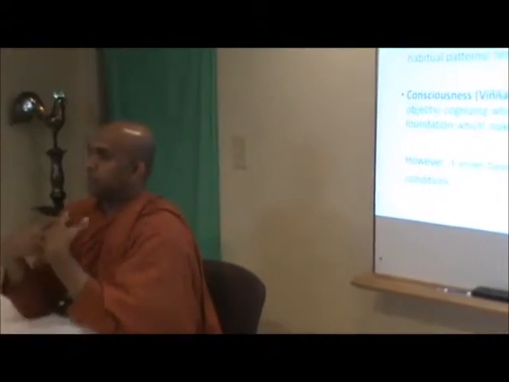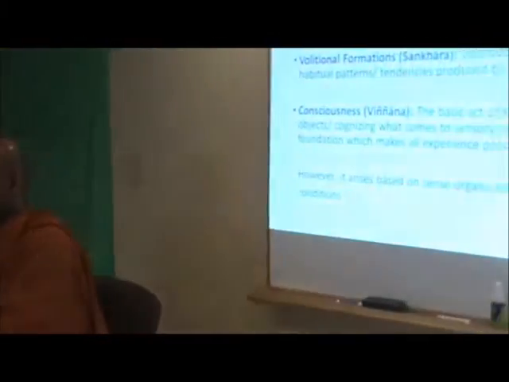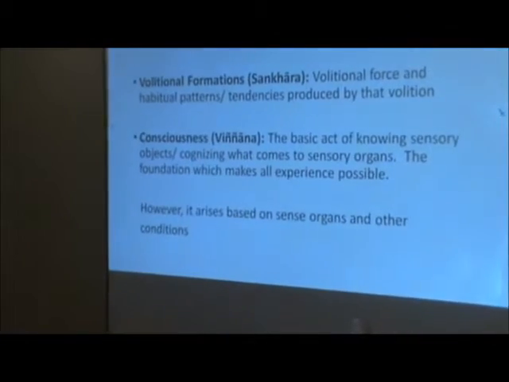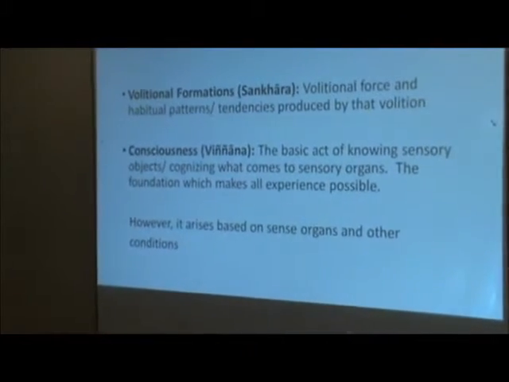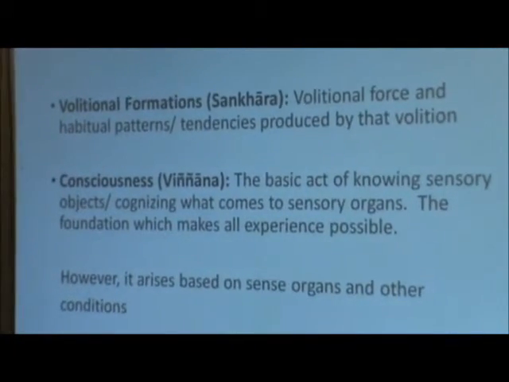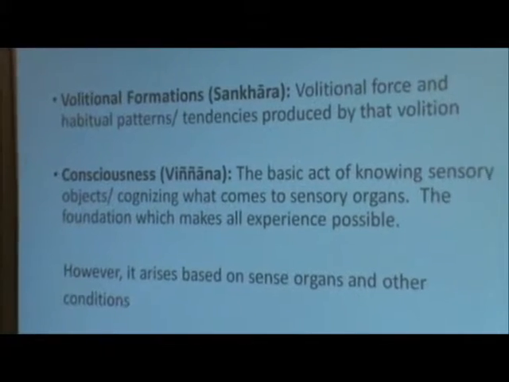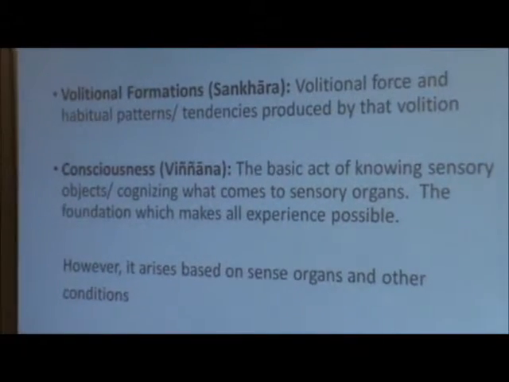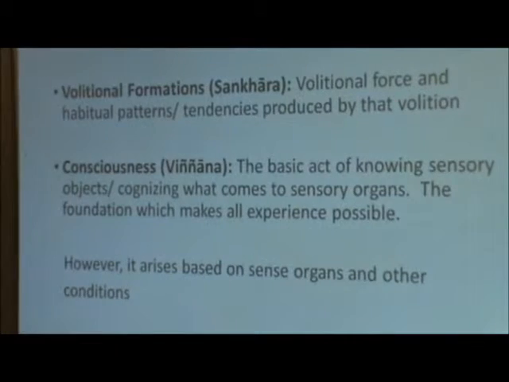So now you have the physical aspect, you have the affective, like hedonic dimension, then you have more of a, let's say, cognitive or conceptual dimension. You also have what we call the conative dimension, which is more like a volitional force, will. That is volitional formation. So 5 different aspects of our experience and 5 different constituents of our being. That is the 5 aggregates.